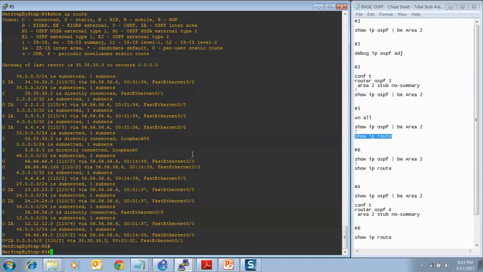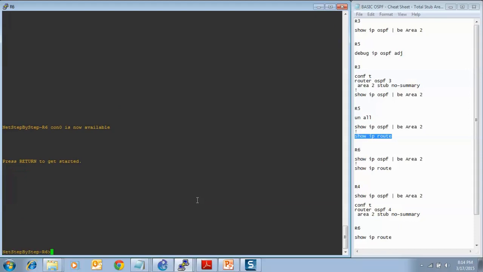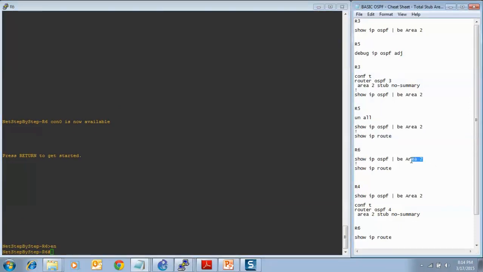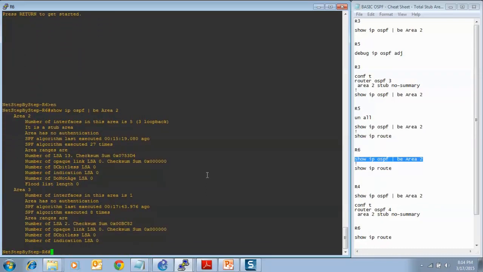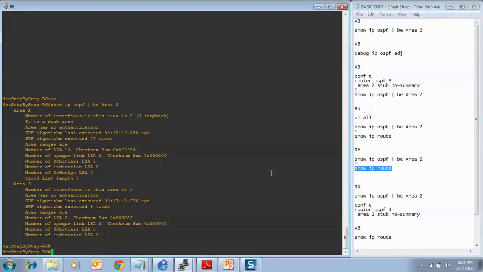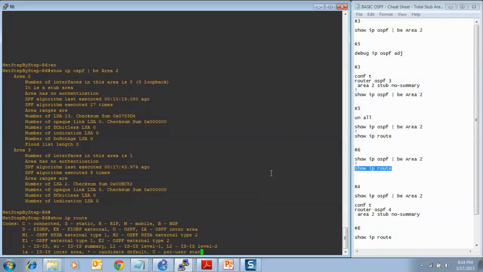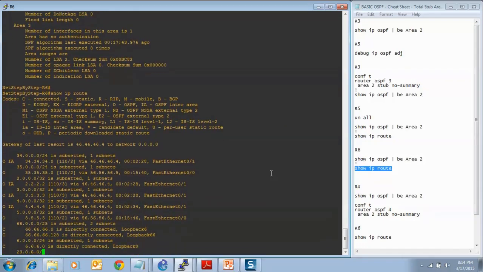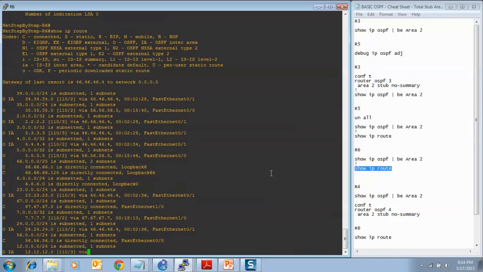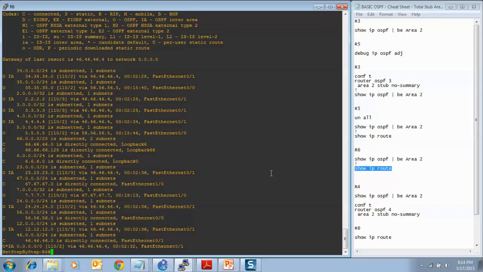Fast Ethernet 0/0. Moving over to router 6, I will utilize show IP OSPF pipe begin area 2 to see configuration of area 2. From the output, I see that this is a stub area. Staying on router 6, I'm going to check the routing table utilizing command show IP route. From the output, I can see that there are OSPF routes, inter-area OSPF routes, and a default route from interface